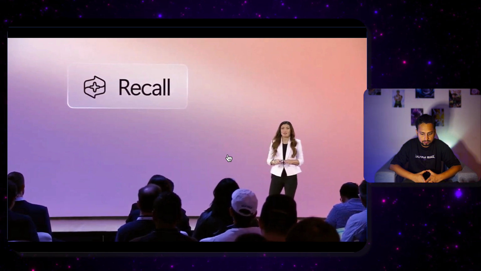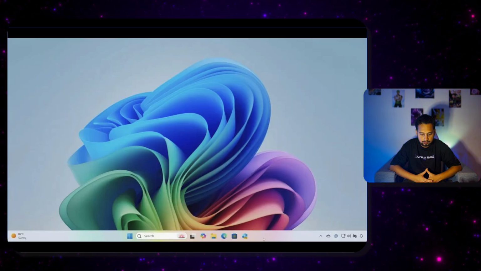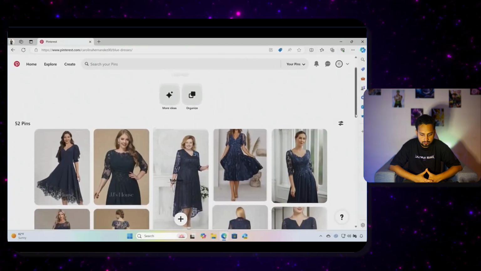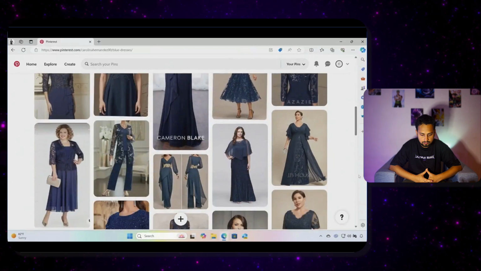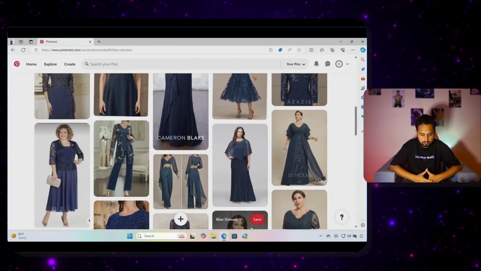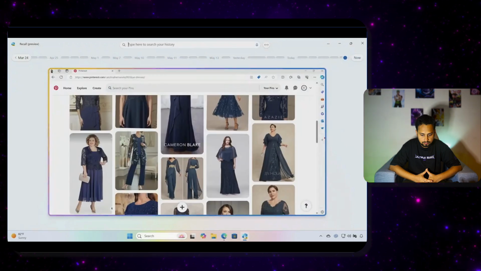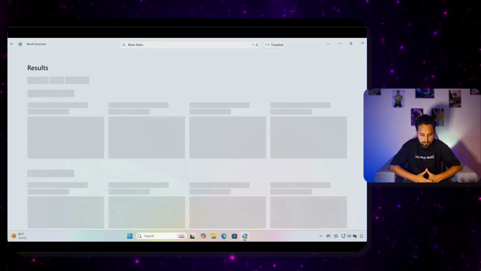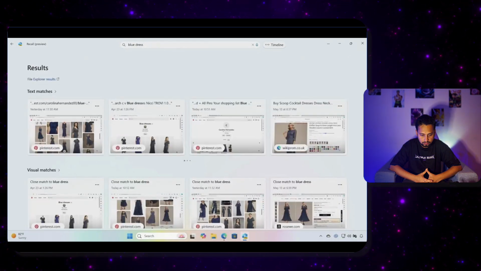Like all of you, I am constantly jumping between different tasks throughout my day. Managing my time between a career I am passionate about, staying connected with my family and friends around the world, and the hobbies that I love. Recall helps me get through all these tasks more quickly. My family and I have been searching for the perfect dress for my grandmother, who lives in Colombia, to wear at my cousin's wedding. I've been browsing Pinterest and shopping websites for some options that I can share with her. After looking for options for a few weeks, I wanted to go back and see some of the favorite blue dresses I have found, but I didn't keep all my browser tabs open. With Recall, I can just search for blue dress, and it pulls